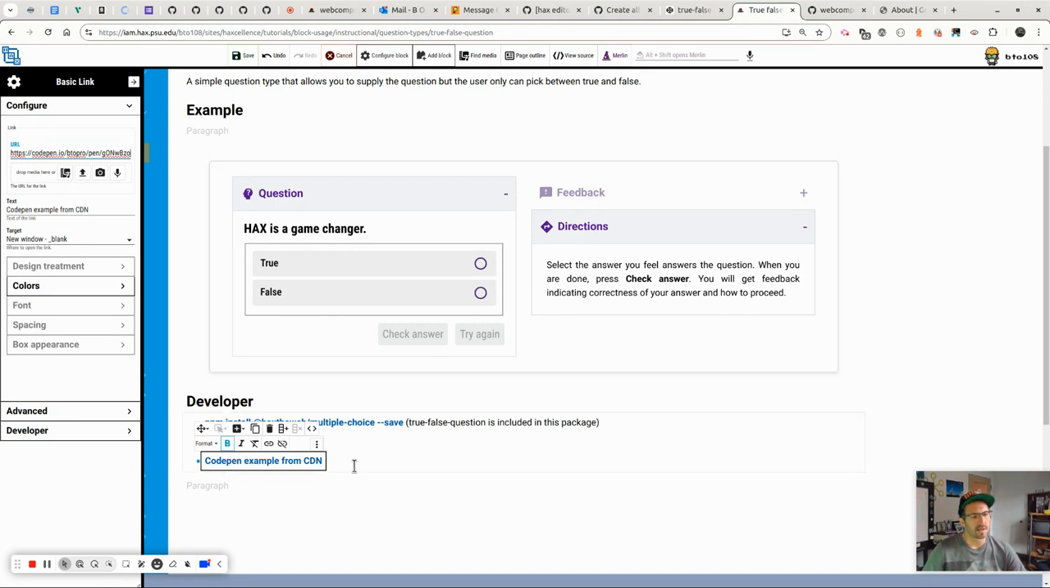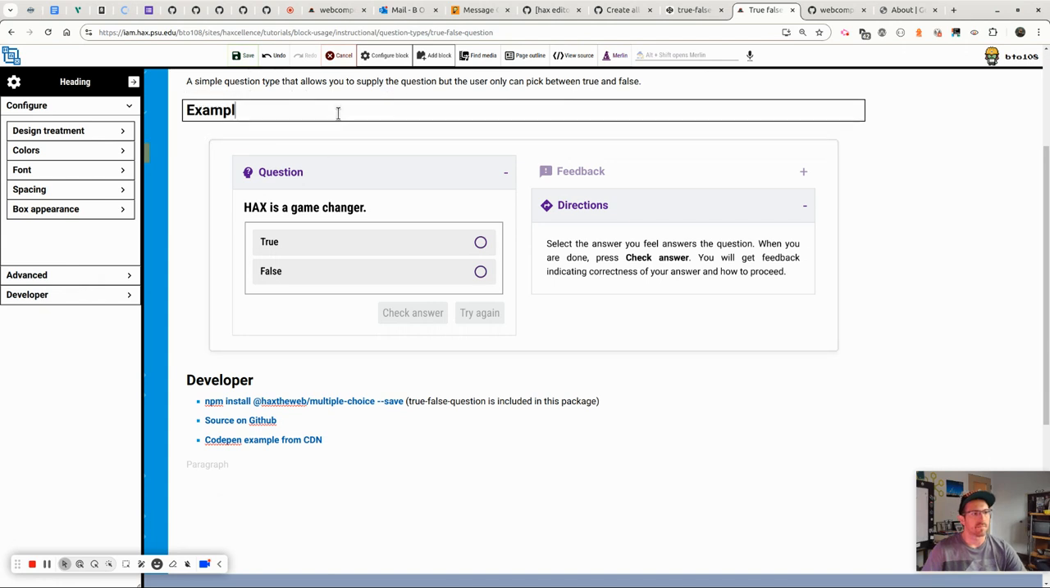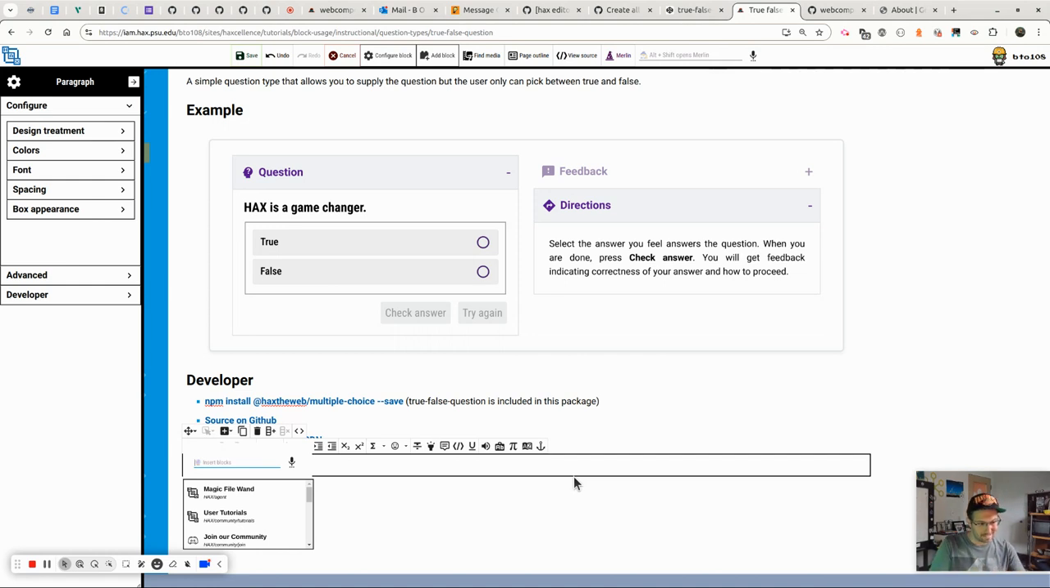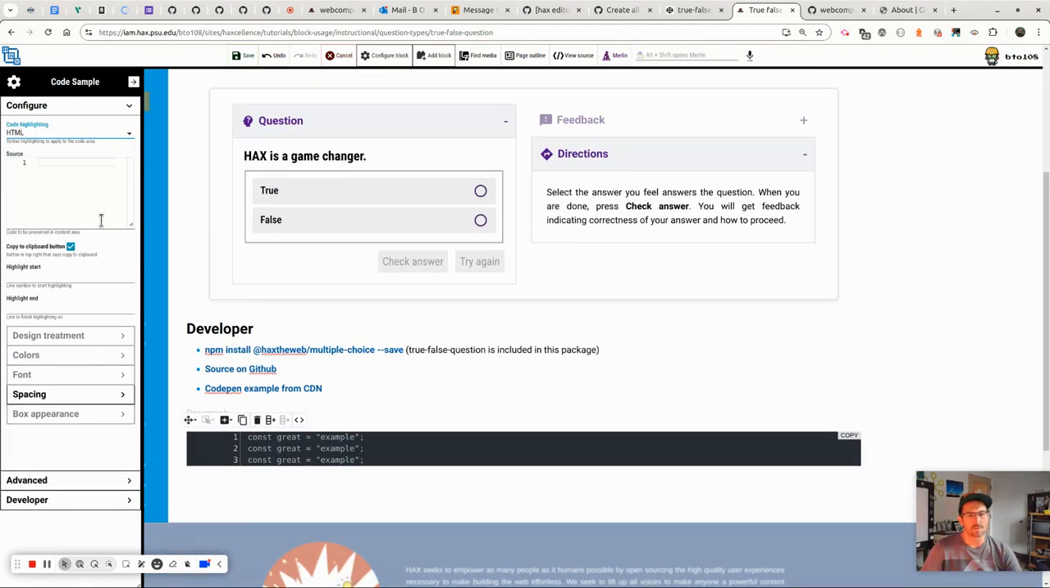So we have our CodePen example from the CDN. We've got our source. We've got this saying, hey, install multiple choice. Let's get rid of that paragraph because we don't need that in between. And then the last thing I've been adding to these is a little code snippet in context. So I'm going to write the word code, and you can see we have sample. So putting a code sample in, which unfortunately has a glitch around the source. You see the source is not showing up there. It's a little annoying